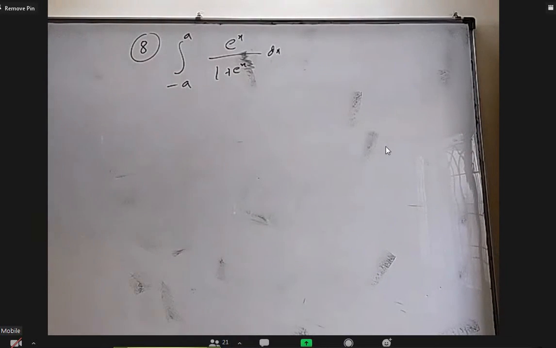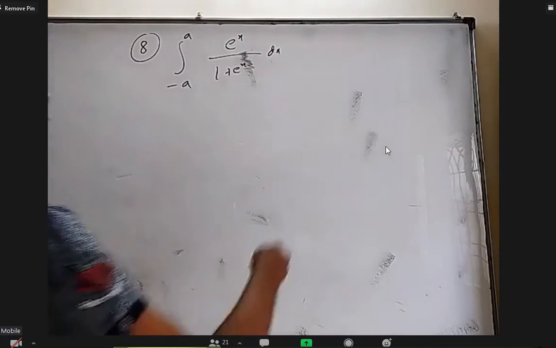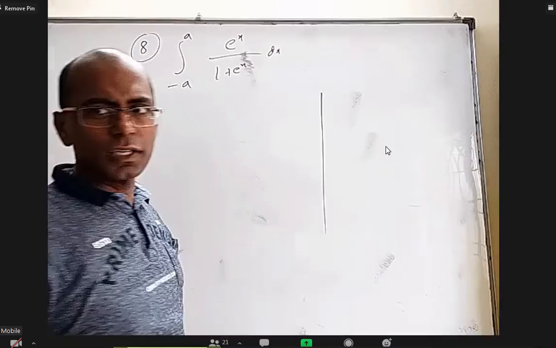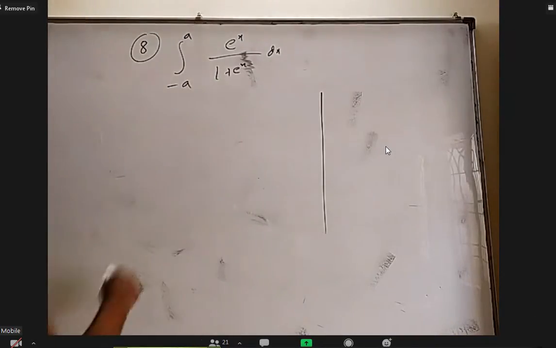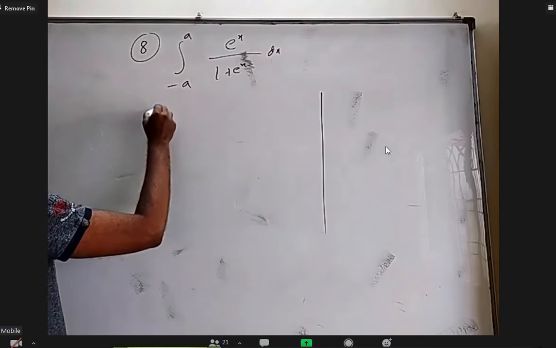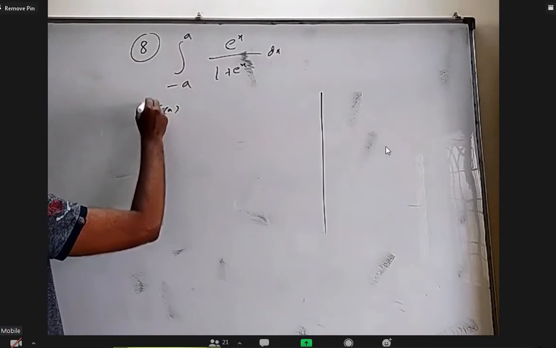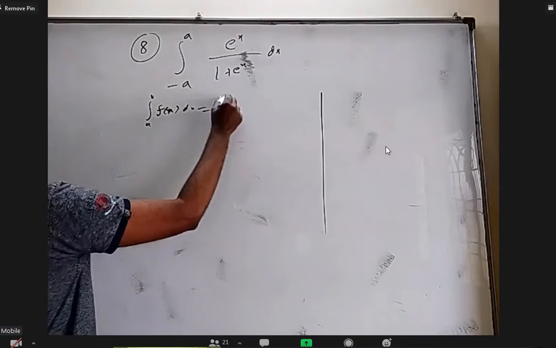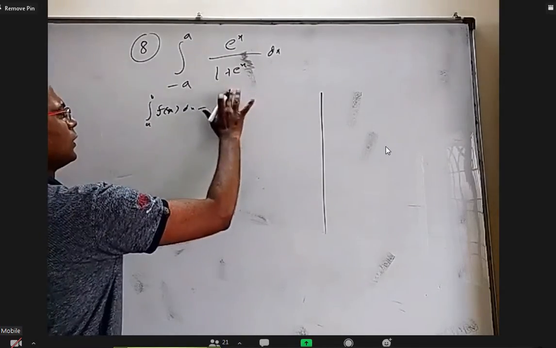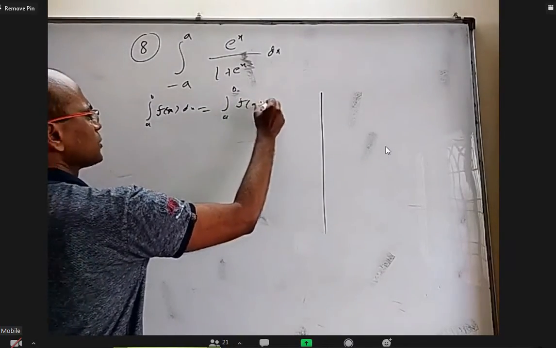Okay, I don't think it's an even function. It is always either even or odd. And if you replace x with minus x and do I plus I, it will come. Even without that also, I think we can do it by integration. Okay, two methods. We can do indefinite integration, or we can do it with definite integrals. For that, we can use the property: integral a to b f of x dx equals integral a to b f of a plus b minus x dx.